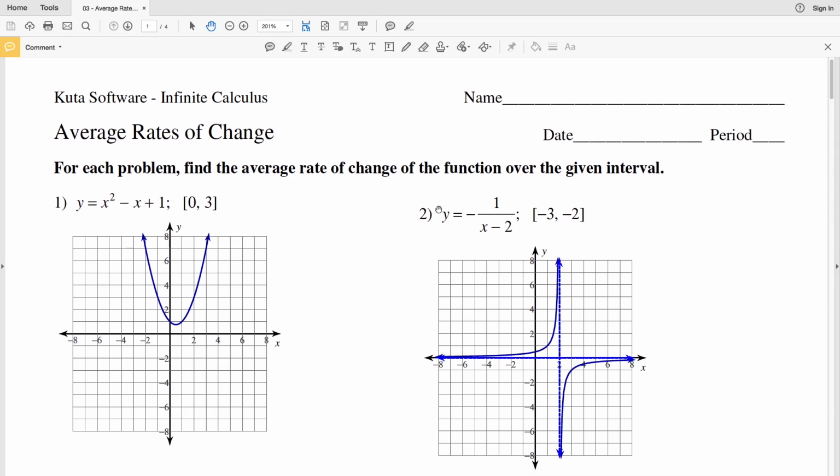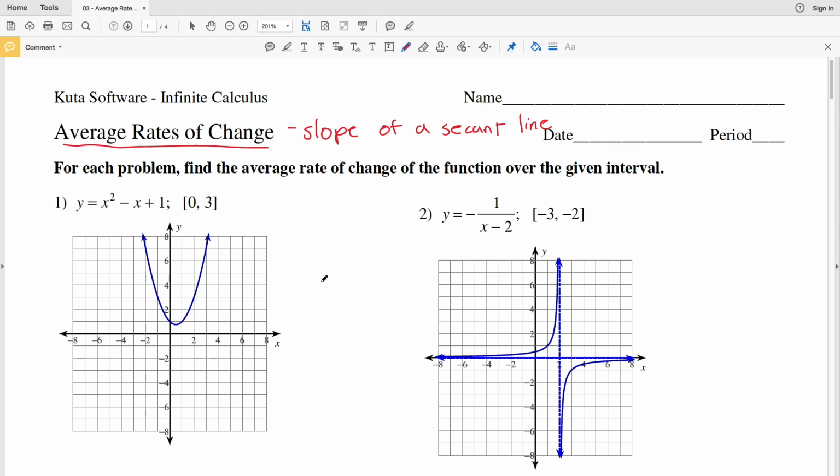In this video, we're going to go over the KutaSoftware Infinite Calculus free worksheet, average rates of change. Now, quickly, I want to note that the average rate of change is the slope of a secant line. And remember, a secant line is a line that intersects a curve at 2 points. So finding the slope of that secant line is finding the average rate of change over the interval of those